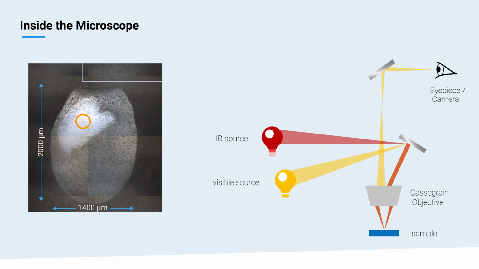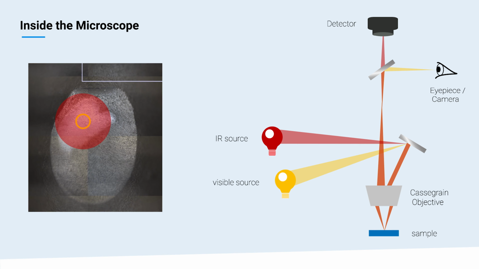Now the IR light interacts with the sample, and then we'll collect the light and guide it towards the detector, which will register the IR light so we can obtain our FTIR spectrum. But there's one issue. We only want to analyze and get the FTIR spectrum of this specific point on the sample. The objective did focus the IR light on this point, but the IR beam is still larger than the region we wanted to analyze. So if we detected this IR light as it is right now, we wouldn't end up with a clear picture of what's happening just in our region of interest.